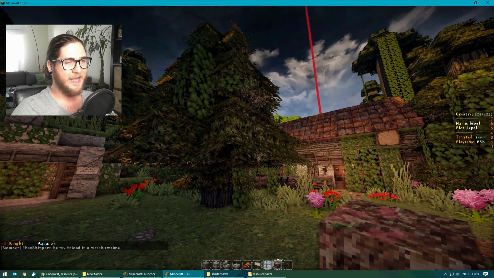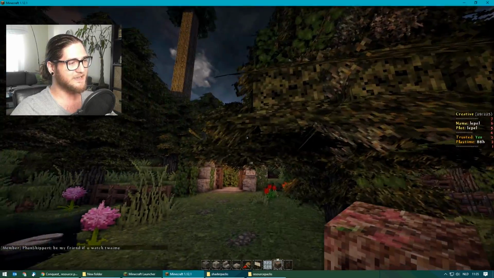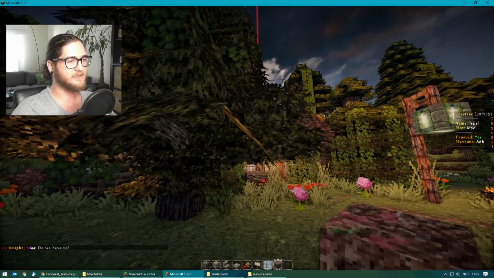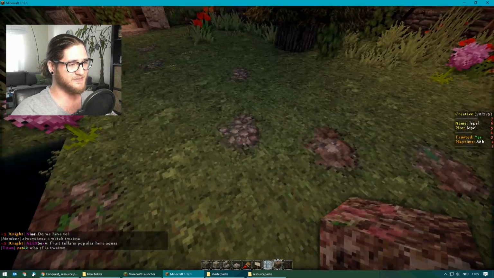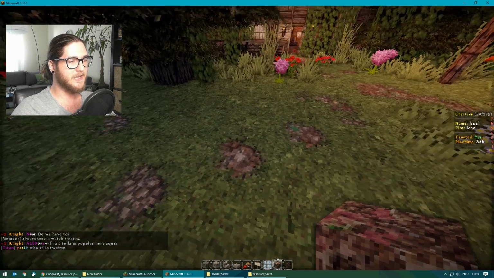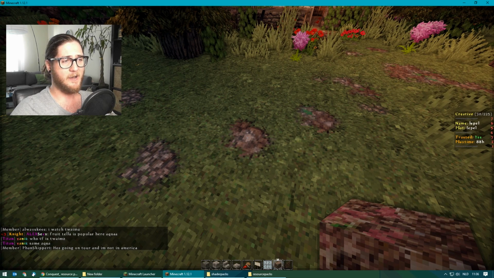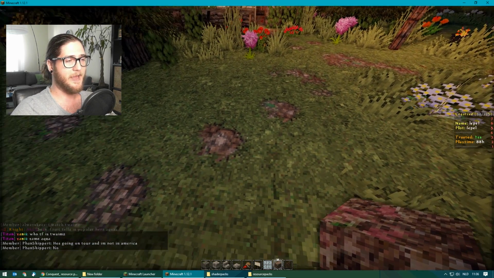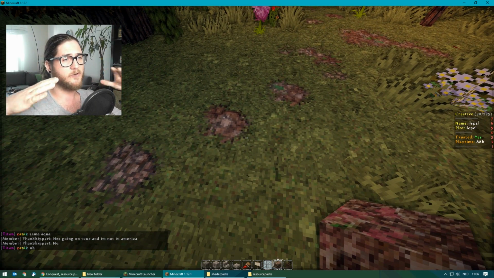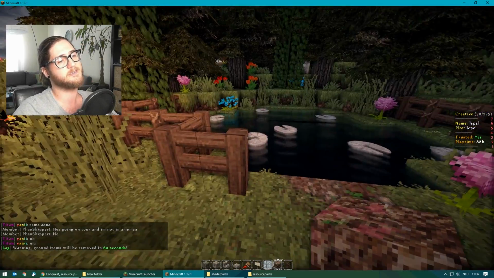I mean, look at these pine trees. They actually turn the leaves into little cones. That's amazing. Even the ground. This is, I think it's gravel, and because of Optifine, they actually have a special texture pack where the grass grows over the gravel a little bit, and it's just amazing.